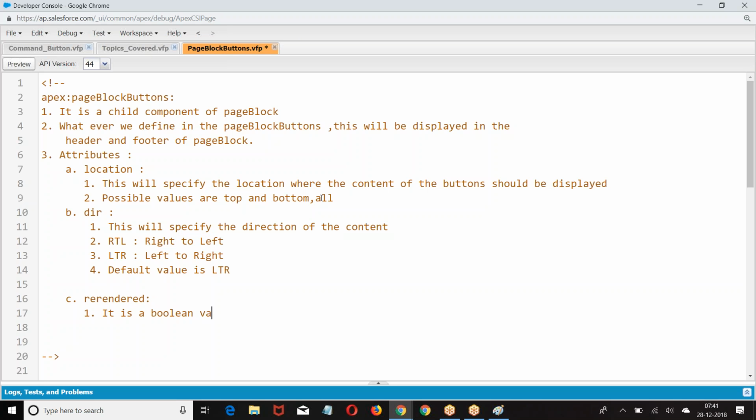Rendered is a Boolean value. When set as true,